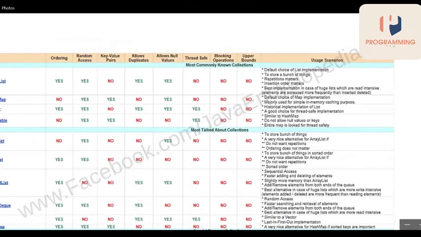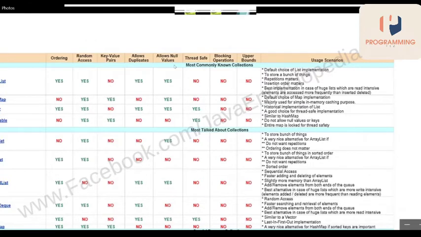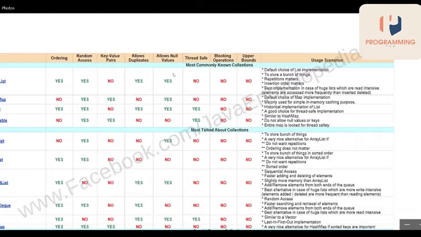So ordering is there, and you want to do random access. If you want a key-value pair, list is not the perfect one. If you want duplicate elements, then you will go for a list. If you want to allow null values, then you go for a list.